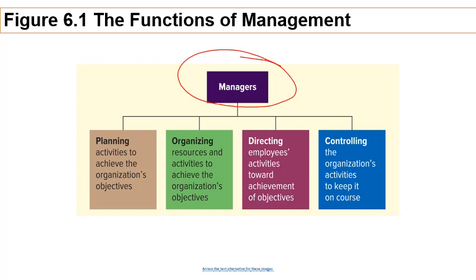The manager has essentially four functions that they have to undertake within the firm: planning, organizing, directing, and controlling. And these are going to show up in different mixes depending on where the manager is located. A top level manager is going to spend most of the time, as we will see later, in planning, whereas a line manager is going to spend a lot more time controlling and directing workers. Okay,